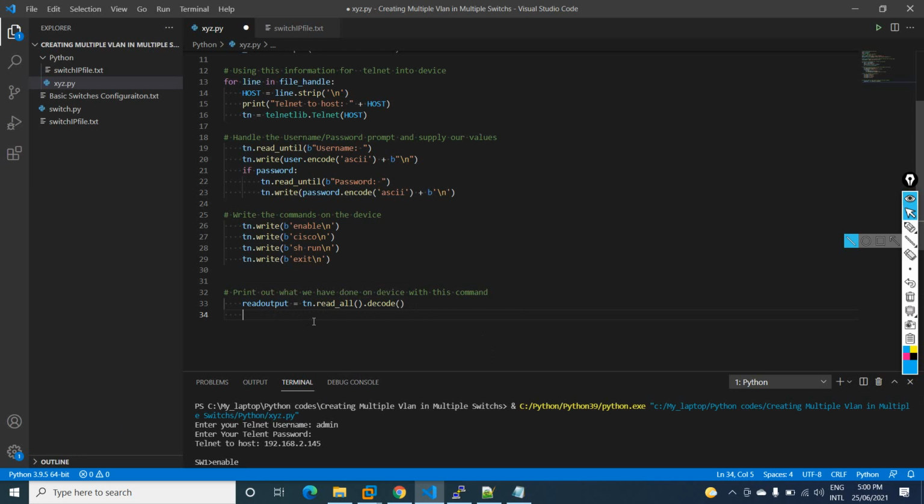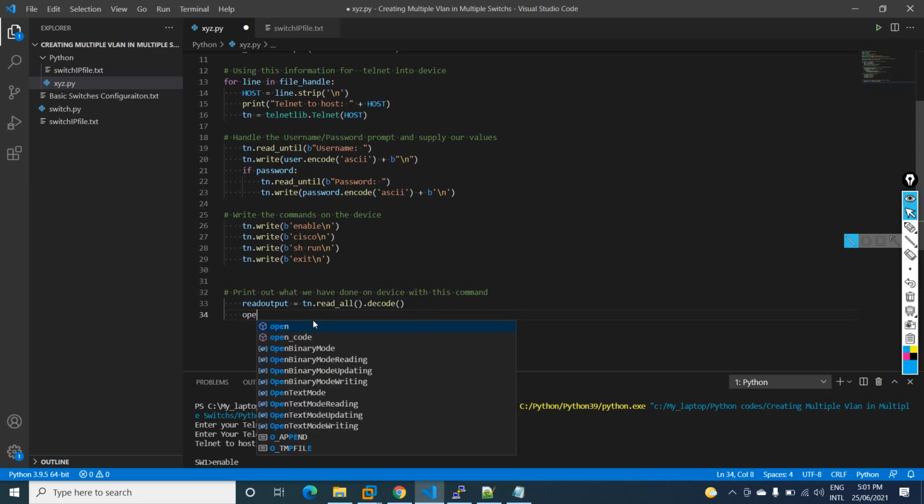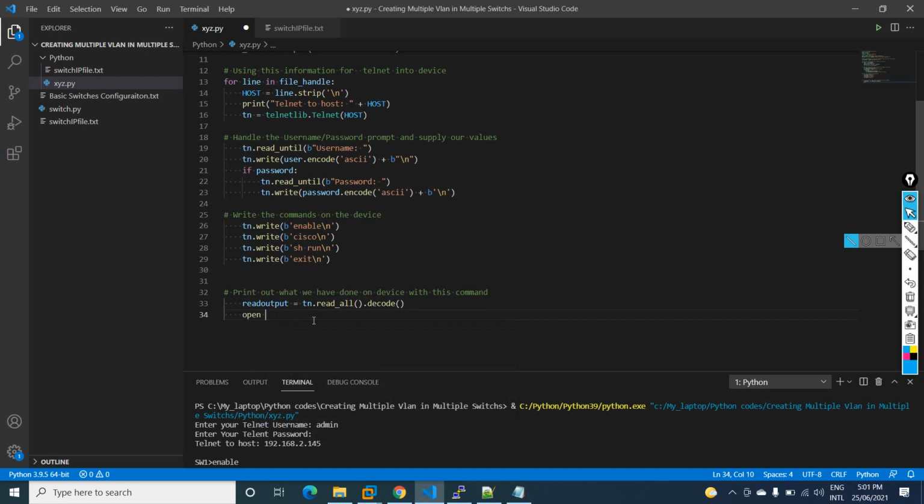So I will write here open, and inside this I will write the file. Which file name do I need to give? I will give a name like, for example, switch, or a switch name. Let me put the colon, and then write whatever name we want.